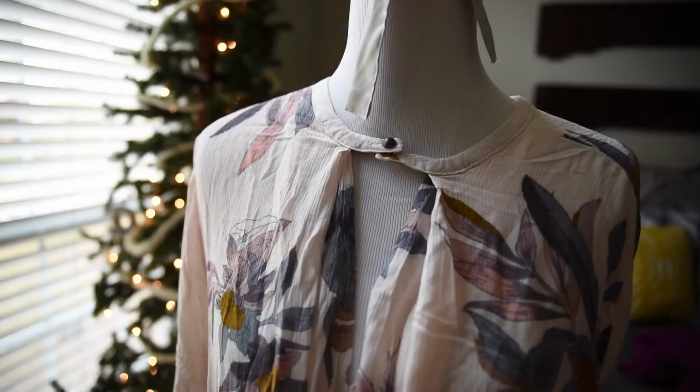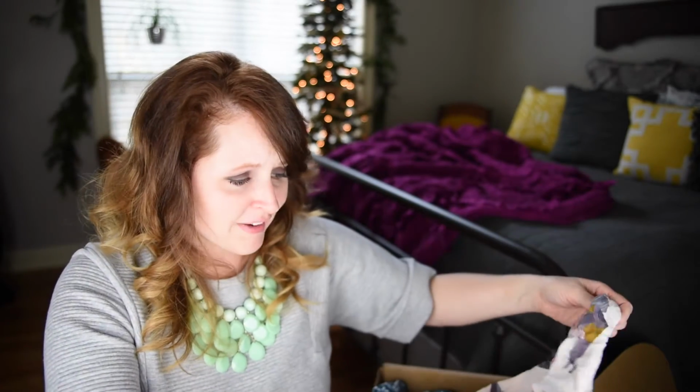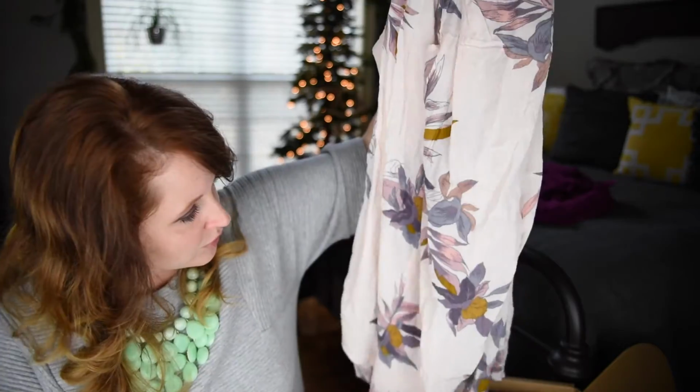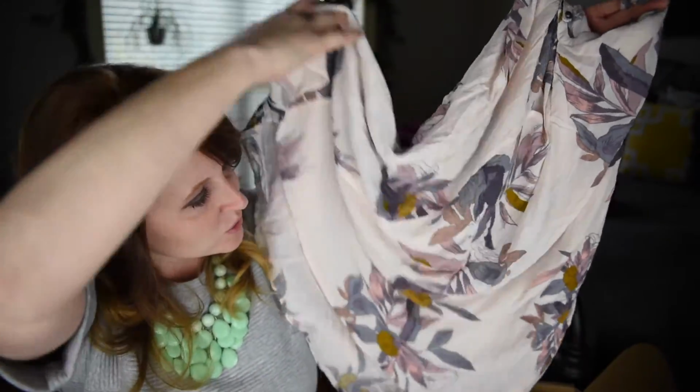This was an absolute no from the get-go. It's got sort of a Juliet sleeve thing happening with a tighter fit way up here where you don't want things tight, and then it kind of ends right around your elbow area. The fabric is horrible. It looked terrible on me, this color. It's also from Free People. It's also a tent, like the last Free People shirt that they sent. So it's just...